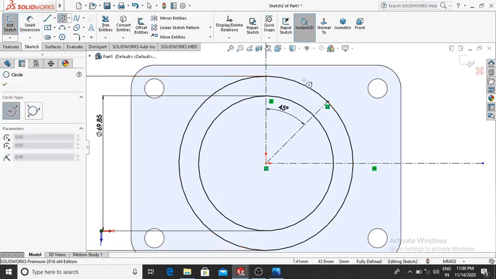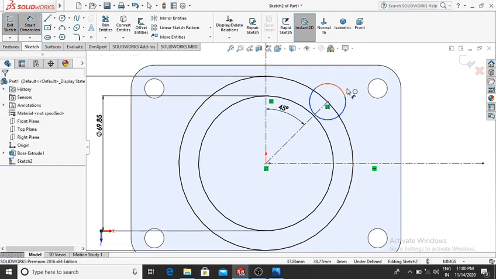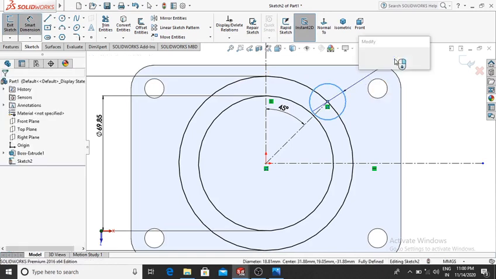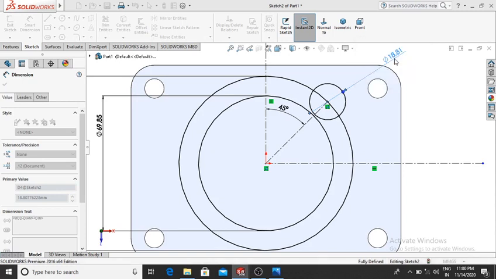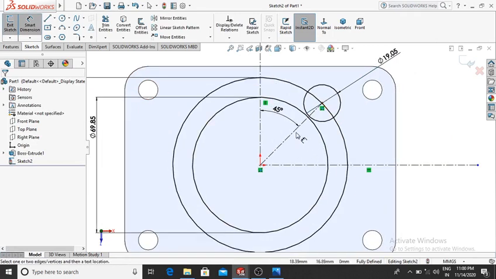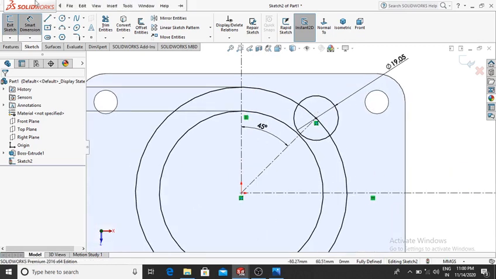Here go to the circle and make the circle from this point. Go to the smart dimension. The circle diameter will be 19.05. Then OK, and here we make the trim.